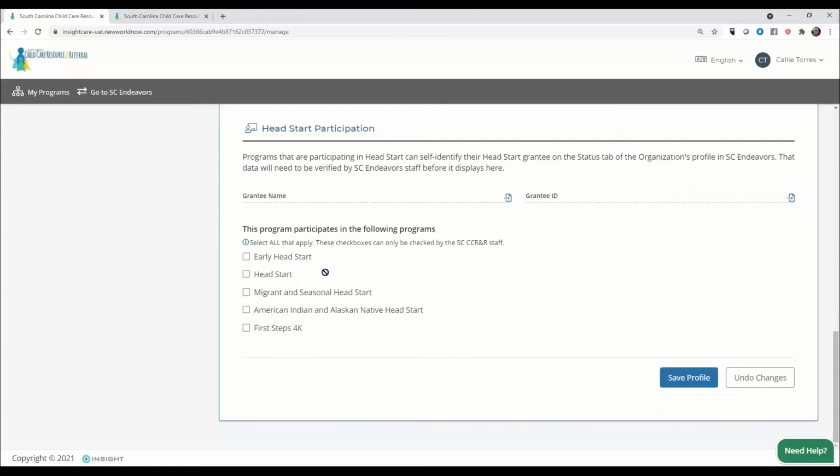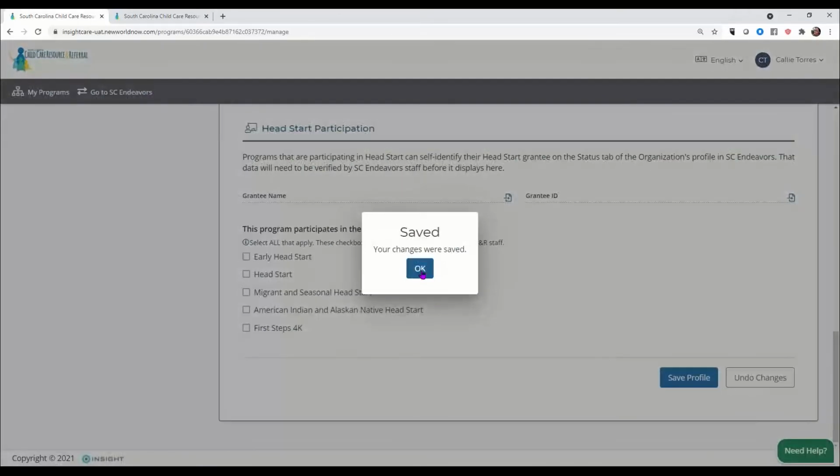And these can't be checked. We don't allow programs to self-identify as Head Start. That's something that South Carolina is reserving only for administrators. So only an administrator can mark a program as a Head Start. So I'm going to save my profile